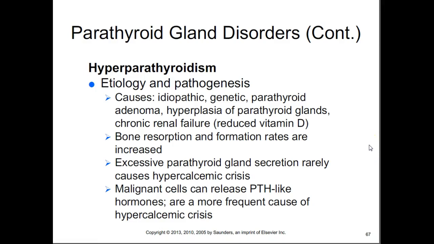Hyperparathyroidism then, causes could be idiopathic, genetic, parathyroid adenoma, hyperplasia of the parathyroid glands, and chronic renal failure, where you see reduced vitamin D. Bone resorption and formation rates are increased. Excessive parathyroid gland secretion rarely causes hypercalcemic crisis. Malignant cells can release parathyroid hormone-like hormones, so that is a more frequent cause of hypercalcemic crisis,